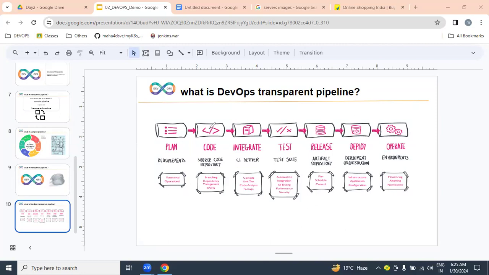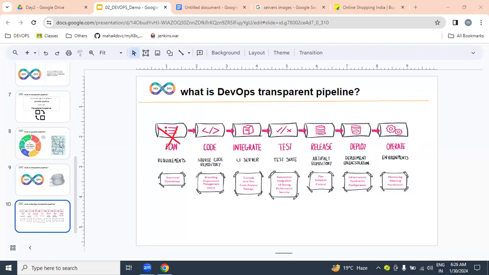So in this DevOps process, our roles and responsibilities start from the dev environment and end with what? Operations. That means we are part of coding, integration, testing, release, deploy, and operations.